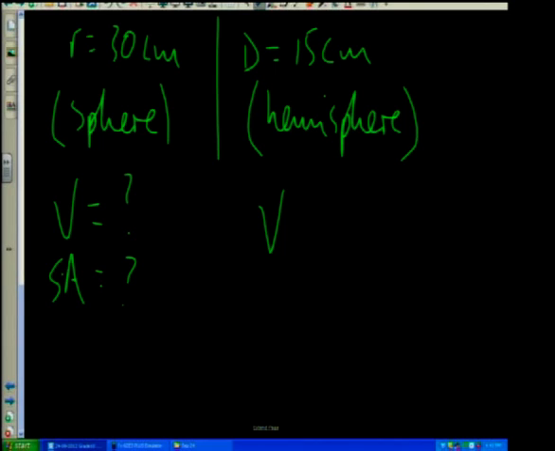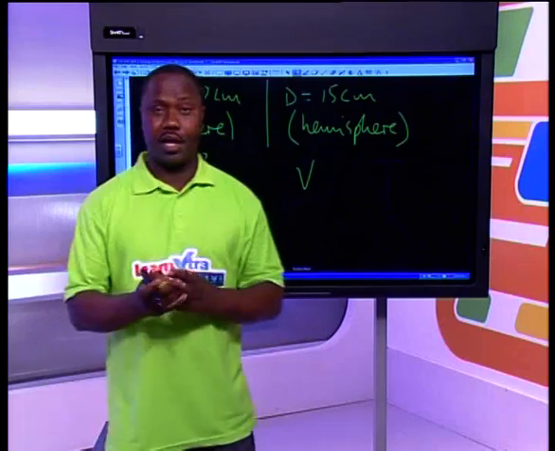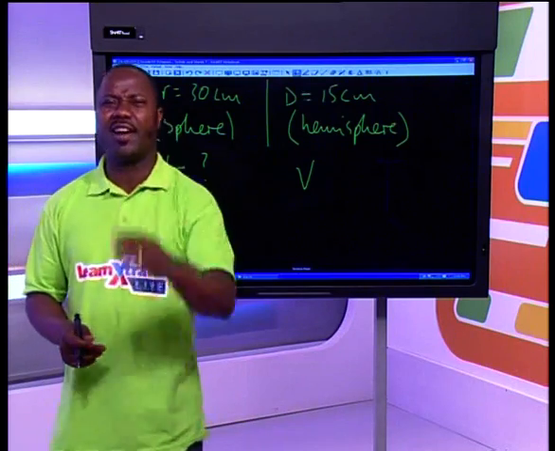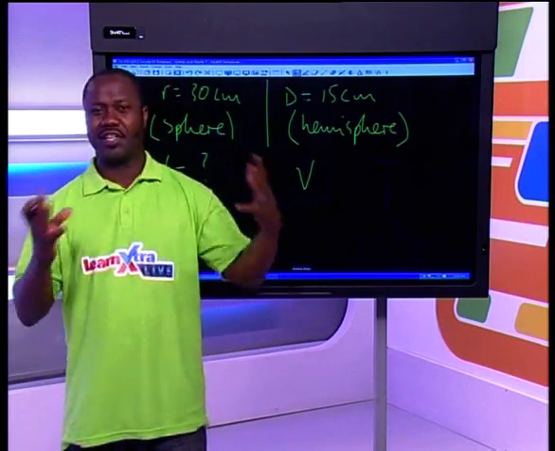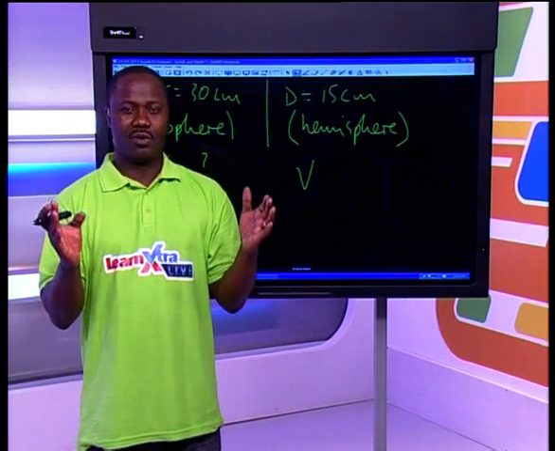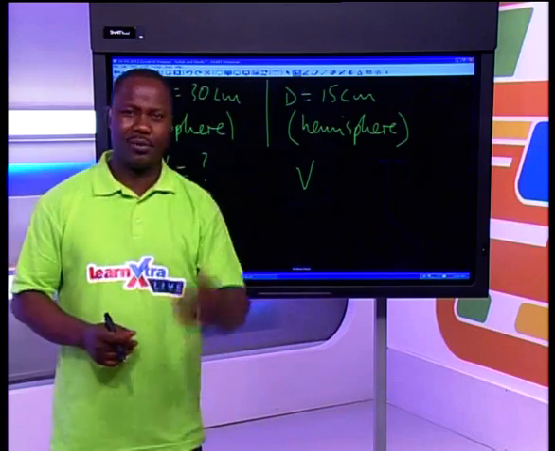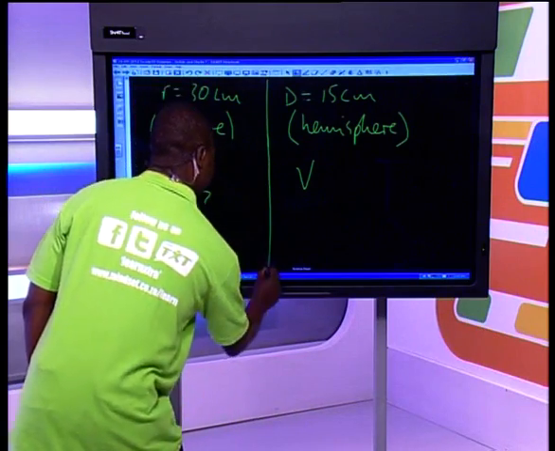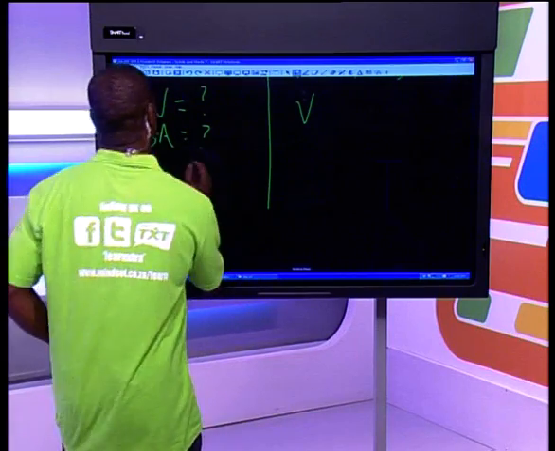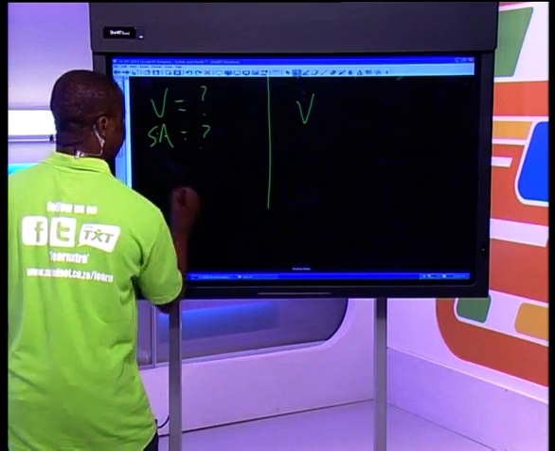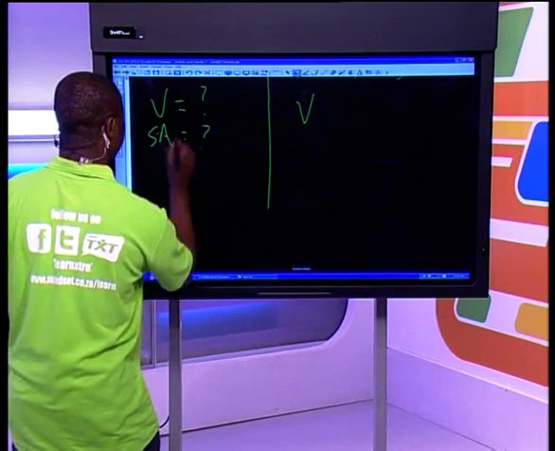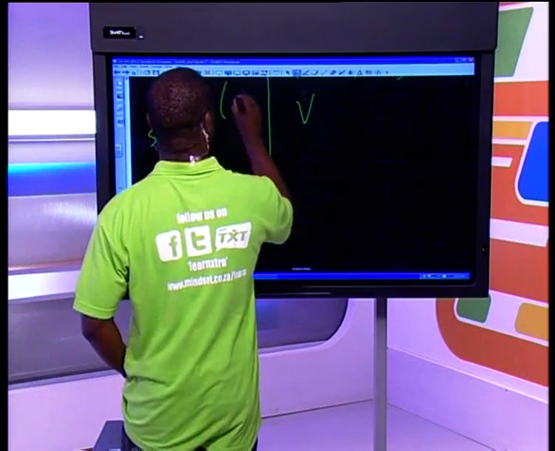So in both cases, fortunately with the surface area of a sphere or hemisphere, there's only one variable that you need to know, just the radius. And all you have to know is how the formula looks. Usually they will give it to you. Let me start, if I split this area into 2 there. This side, my radius, you said it's 30 centimeters. And if I want the volume, again, the equation for the volume, we said it's